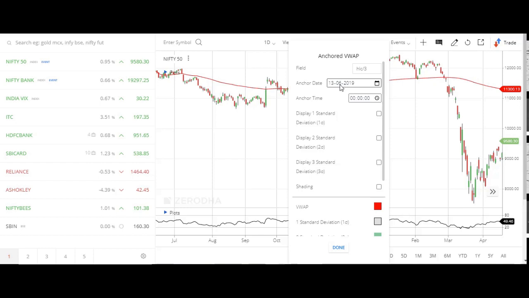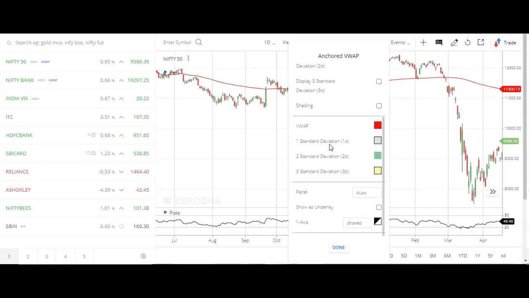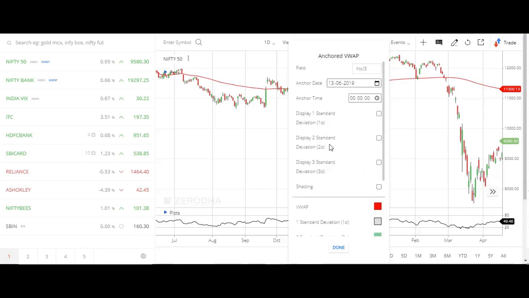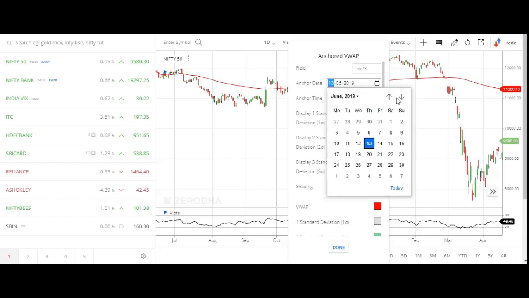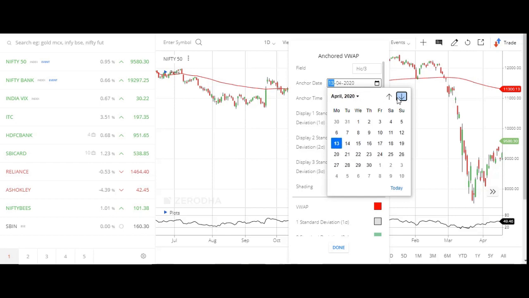Here, if we choose a date, the VWAP will start calculating from this date. So if there is a huge gap up or gap down, we can ignore that. Now the anchored VWAP is at 11,300. I'll change the date to a very recent date, 6th March.